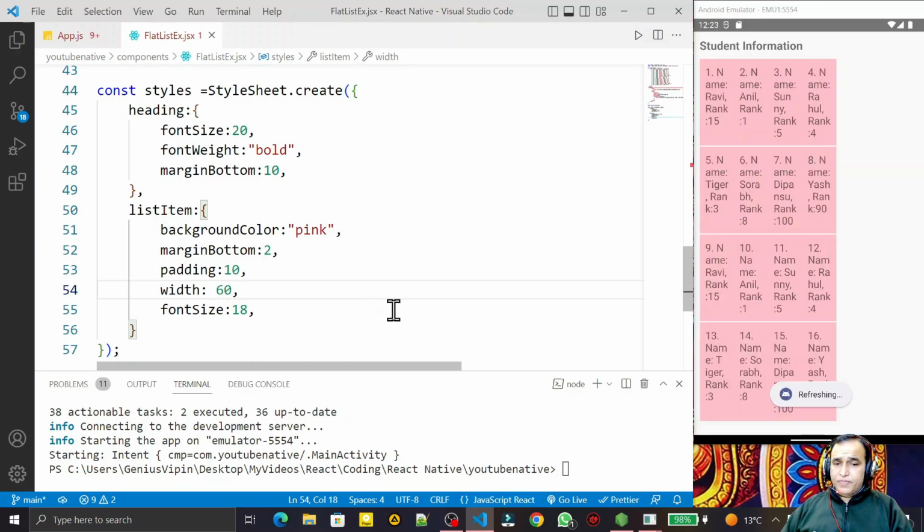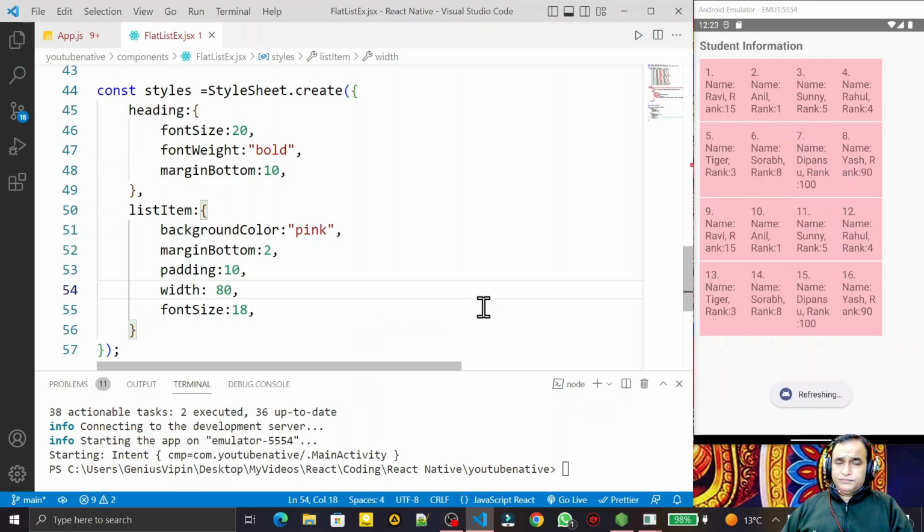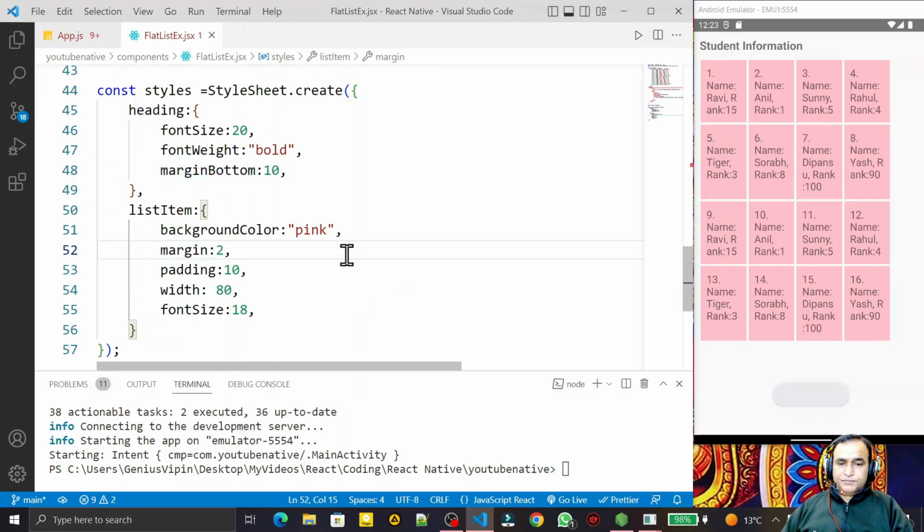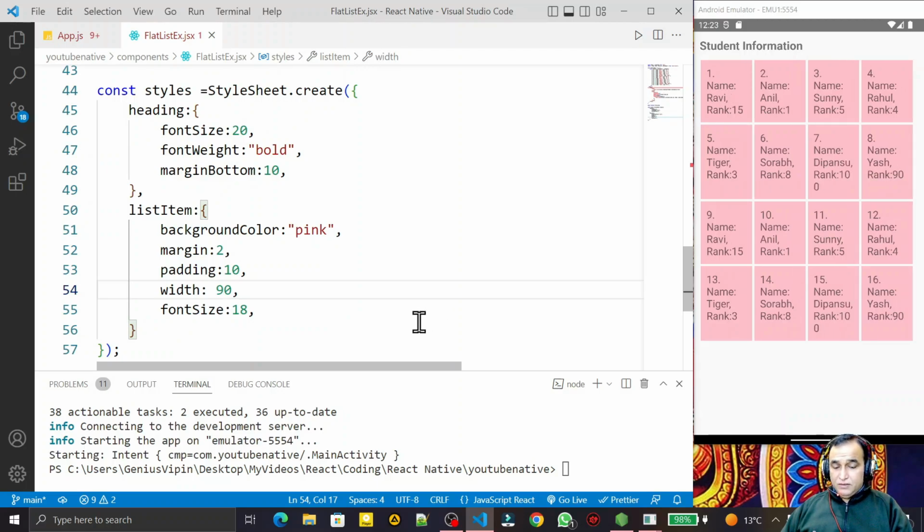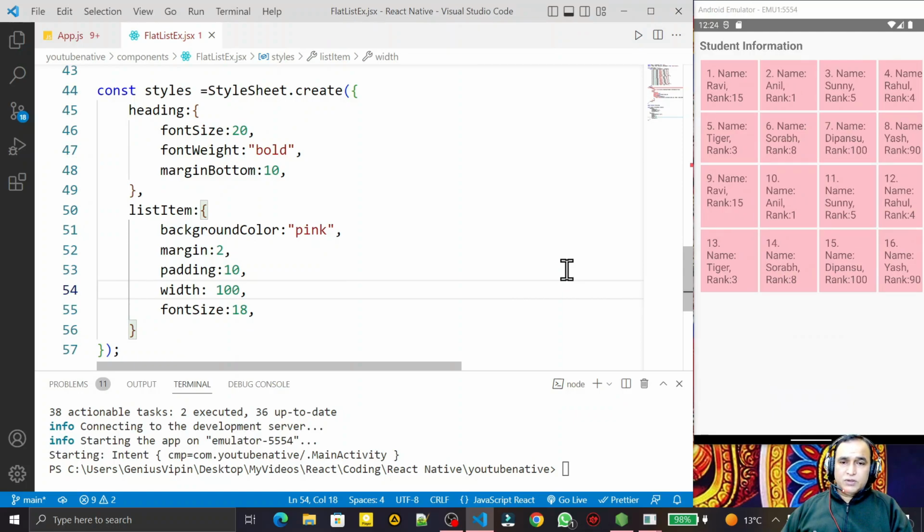Save this. More items are coming now. So I say in place of 60 it is 80. You see, and I need to provide a margin also. So in place of bottom margin I say margin 2. You see, we have the space like this. I can increase to 90 also. We can adjust as per the screen size. We can say 200 also. Save this. It is more than the screen size, so I say 98,